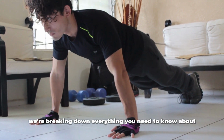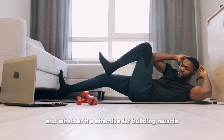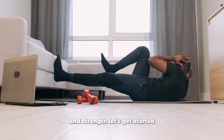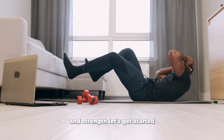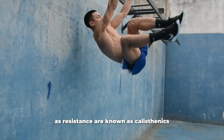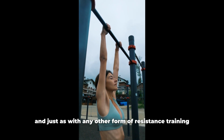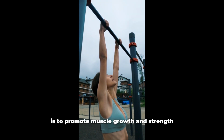Today, we're breaking down everything you need to know about calisthenics, what it is, how it works, and whether it's effective for building muscle and strength. Let's get started. Exercises that use only the weight of your body as resistance are known as calisthenics. And just as with any other form of resistance training, the goal in performing calisthenics is to promote muscle growth